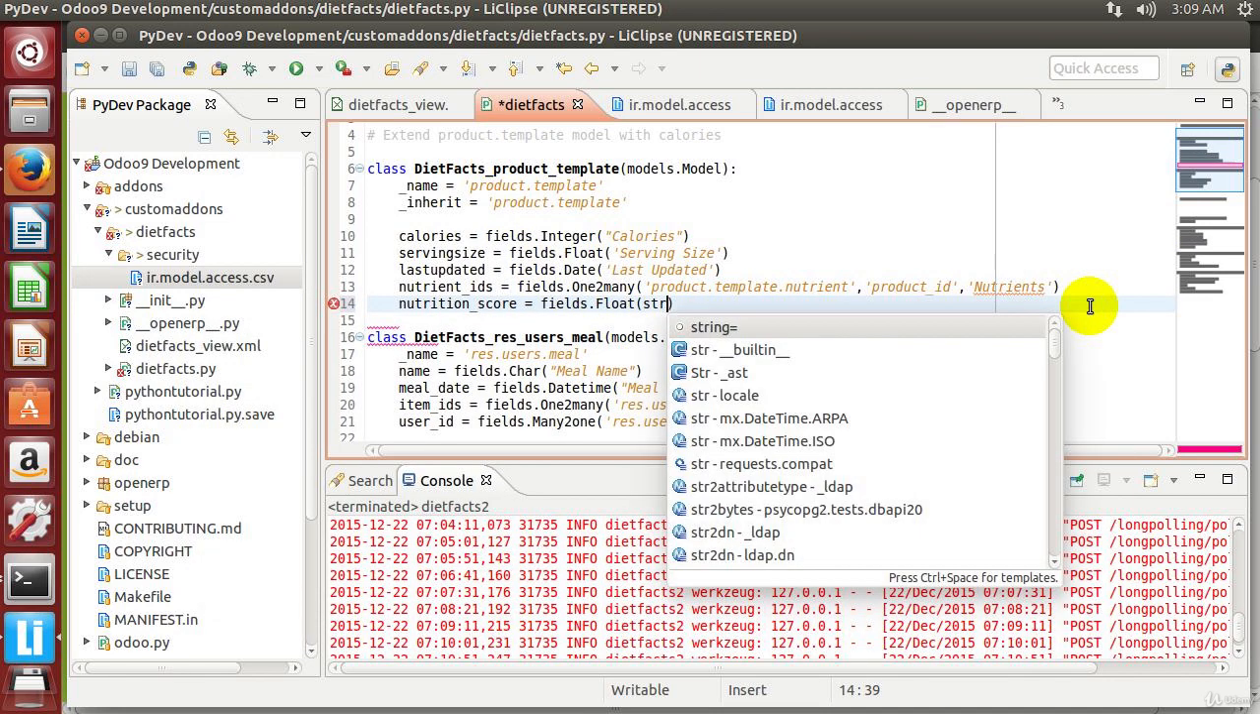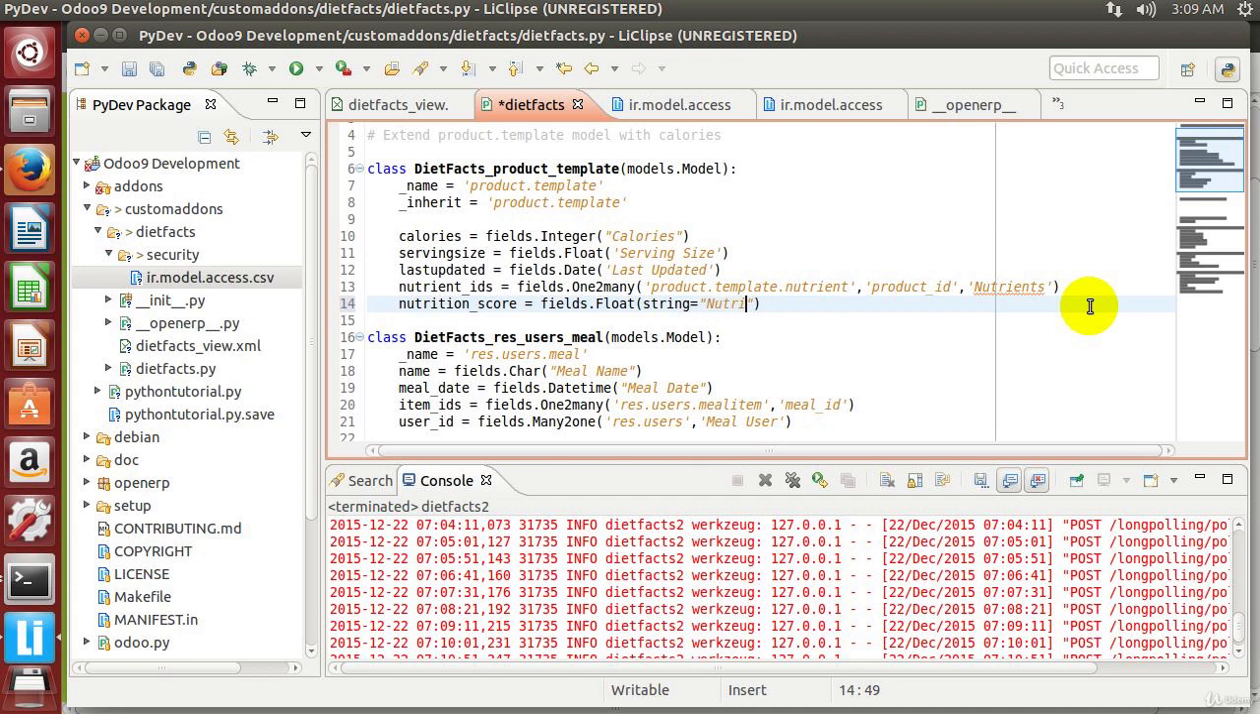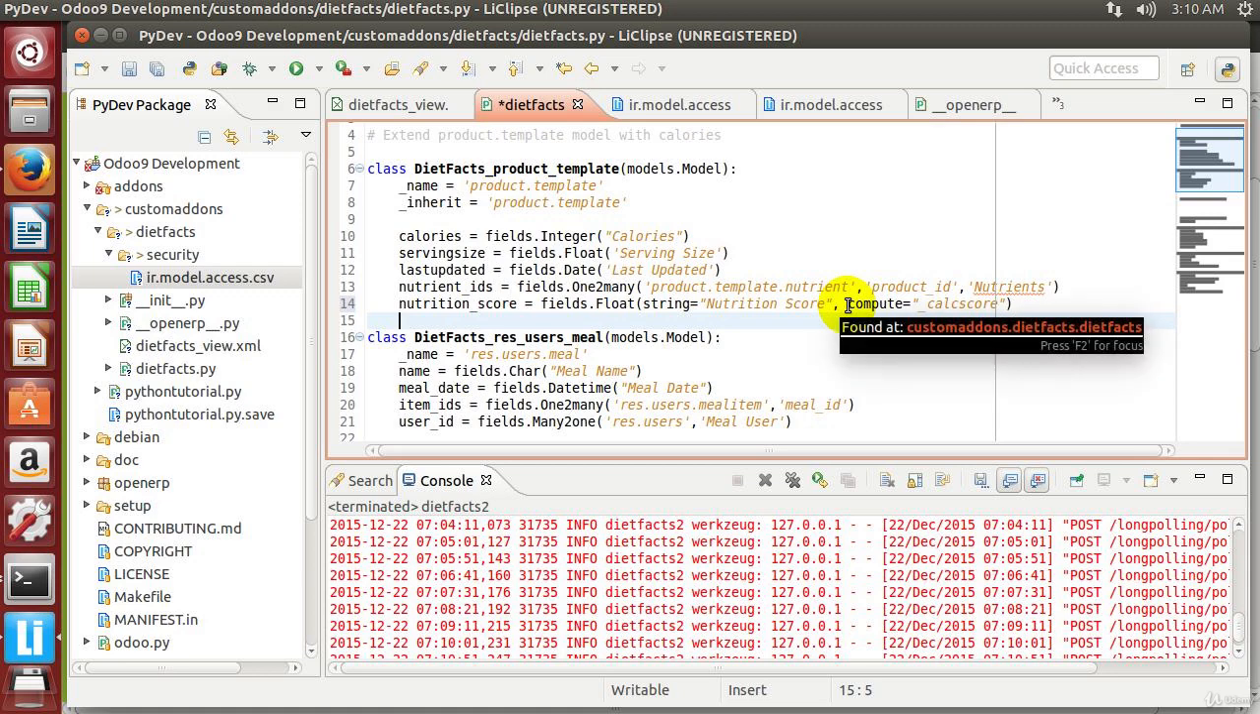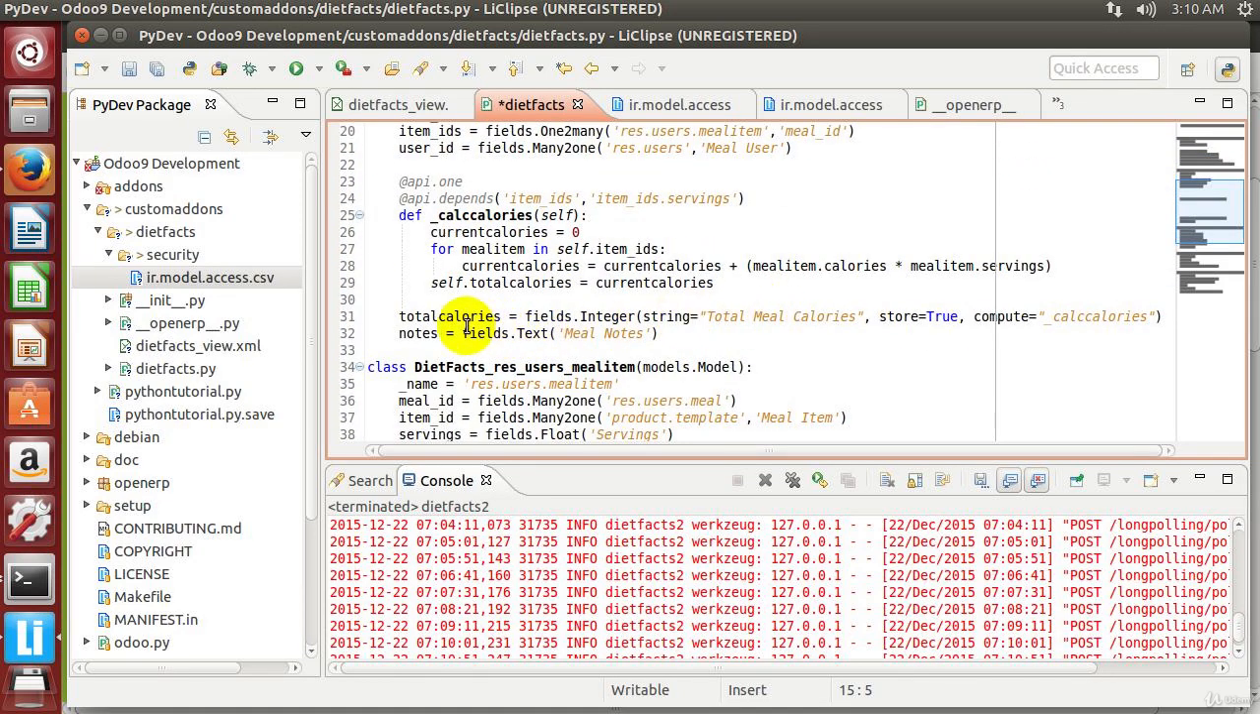And I can say string equals nutrition score, just to get that out of the way. And then we, remember, have compute equals, and we give a function name. And this thing, I'll just say calc score, just like that. And I typed this out just from memory, but what you could have done is come down here and looked